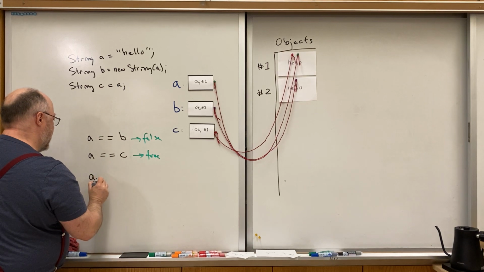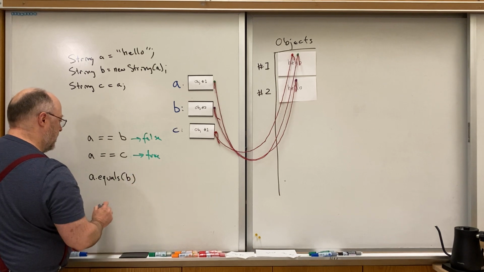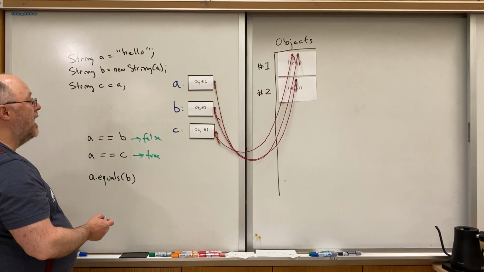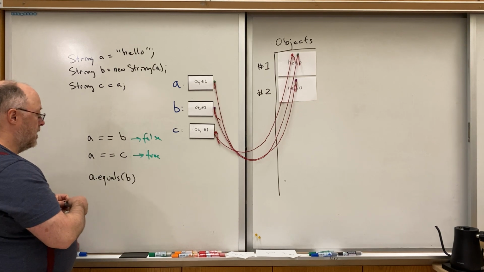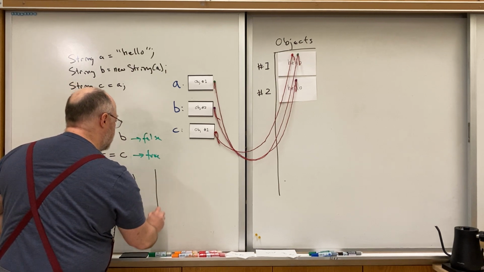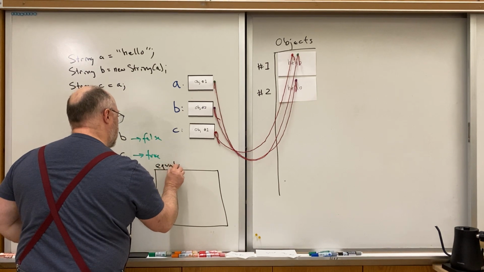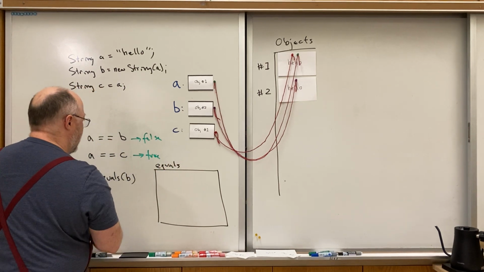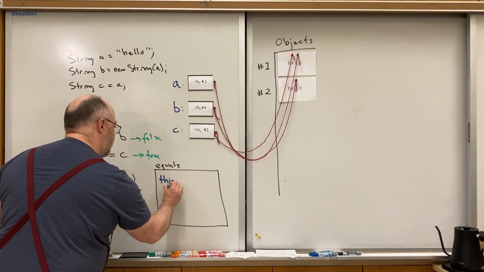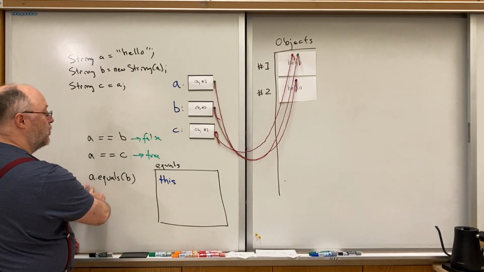So now we can say A equals B, and this is a whole method call, and I'll even show you, we can draw sort of the frame of what happens when we call equals. This box represents equals, and there are 2 variables involved. One is the variable this, which exists in every instance method and is the name for the object on which you invoked